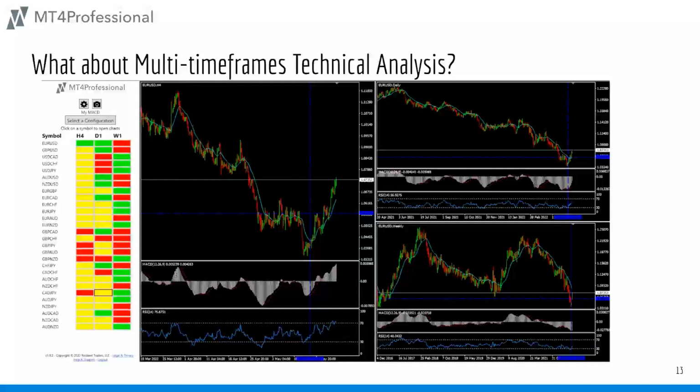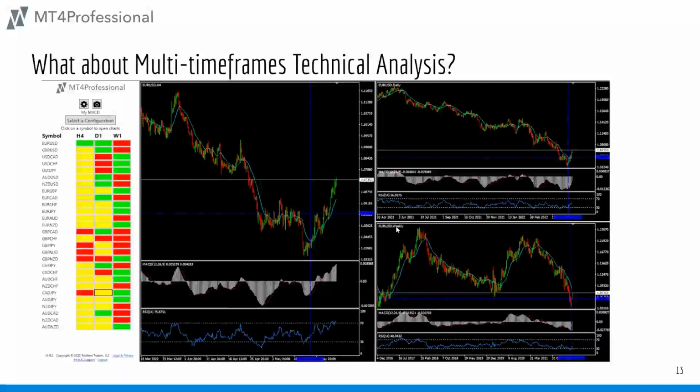So I check my higher time frame. On my daily time frame, I look at the MACD to see that the MACD cross has occurred. And in this case, it has. You can see the histogram is greater than the signal line. And I can see that the relative strength is rising and on a positive slope. Those are the two conditions I need to see on a daily chart to confirm this entry.